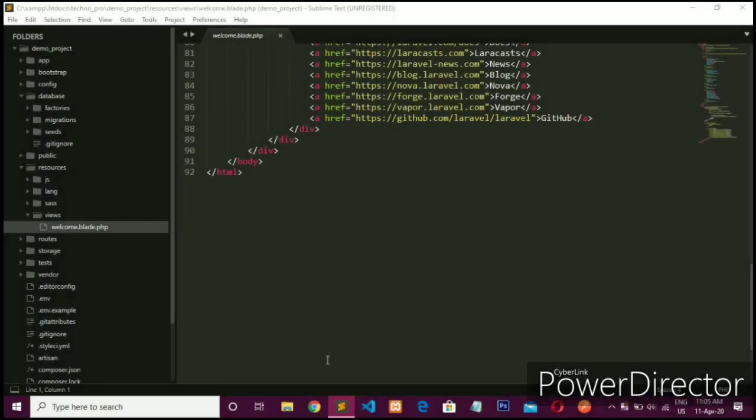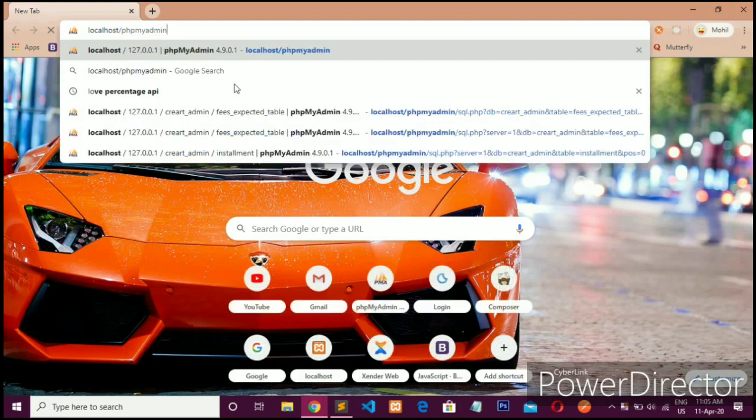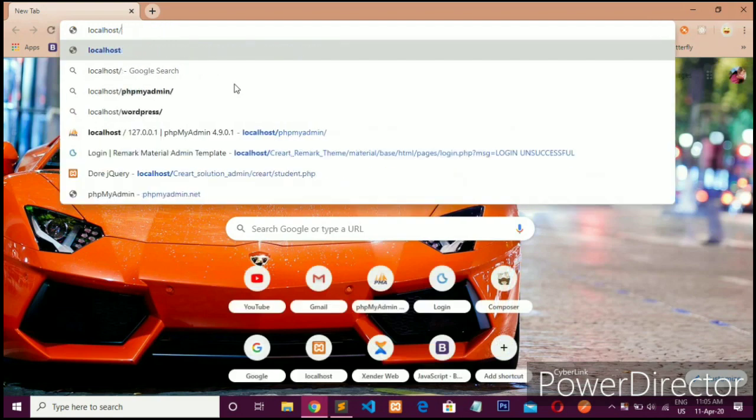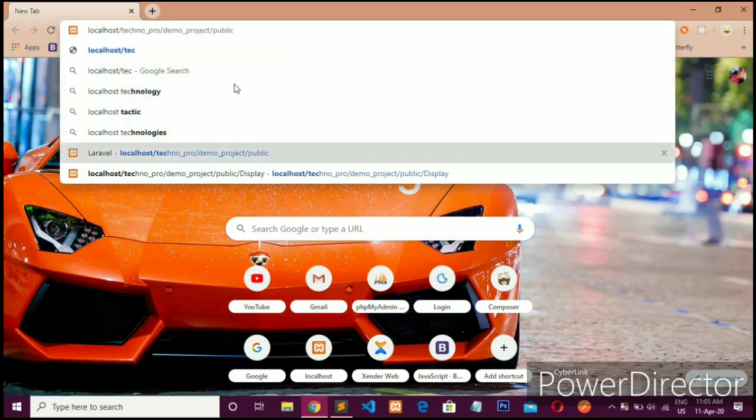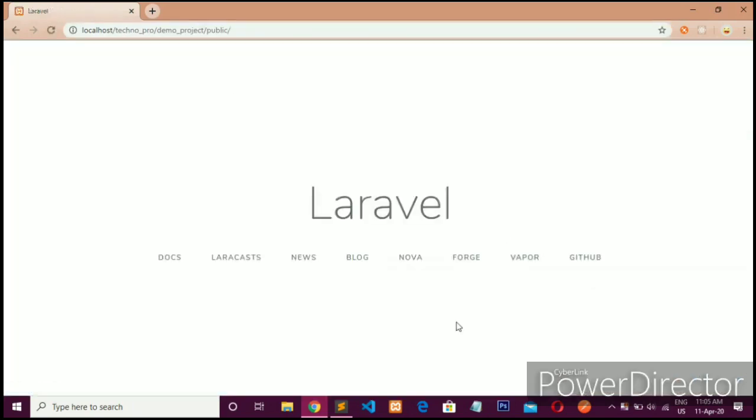Okay, let's see. Open a browser and write localhost, the path of your project, and press enter. This is our welcome.blade.php file.